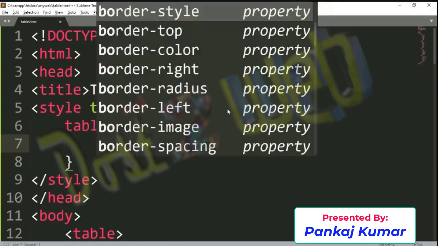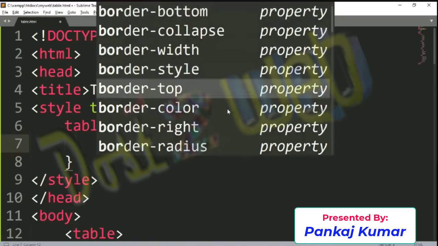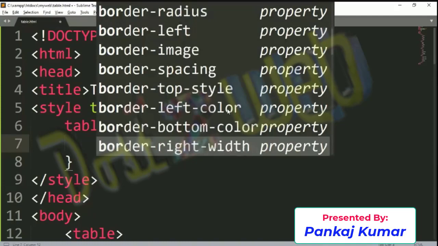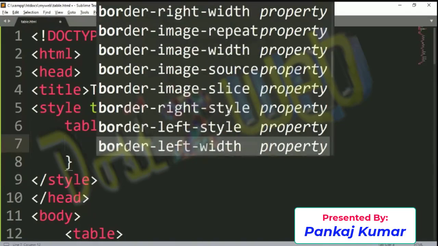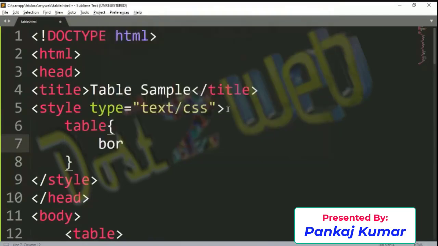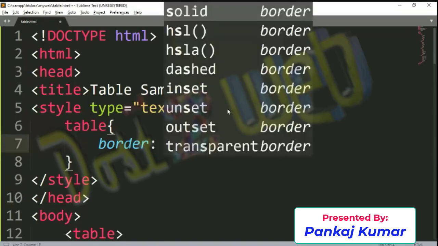What do you want? You want border, right? Always practice with Notepad first; when you are confident that you know the tags, you can use this for better designing purposes. So border: I want a solid line.